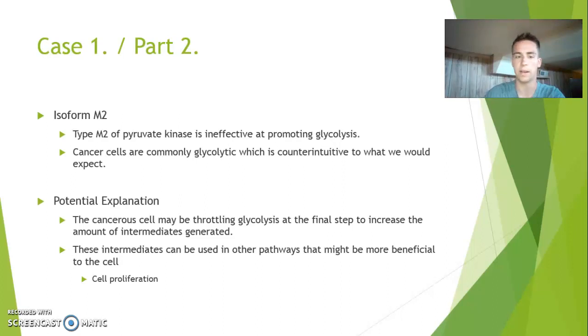Specifically, the one I found, I did a literature review on this topic, and I found that it seems to be linked to cell proliferation. There's not a lot of answers into exactly how this interaction works between the encouraging or the gassing of the glycolytic pathway and then the eventual throttling. But the general idea is that by generating these intermediates, they can be used in pathways relevant to cell proliferation,